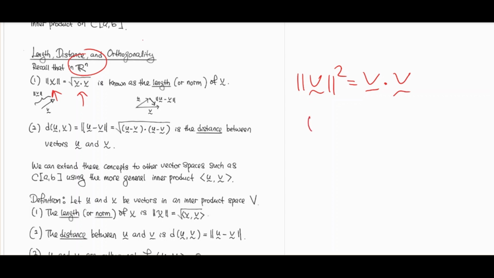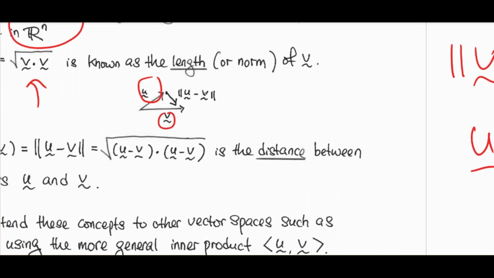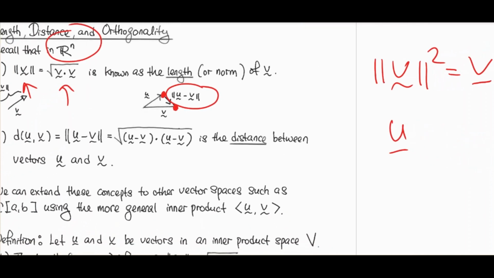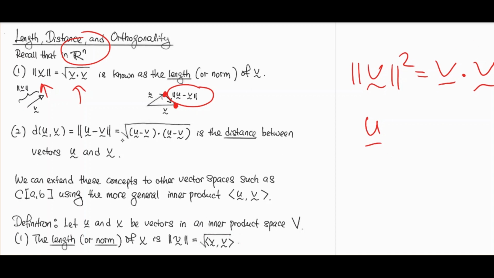So distance between 2 vectors, right? You have u, you have v. So let's look at this picture. You have vector u, you have vector v. This is vector u minus v. So the distance between these 2 vectors is actually given by the magnitude of the difference of these 2 vectors, u minus v. And we talked about this before. Again, distance is the magnitude of this vector, which is the square root of the dot product of these 2 vectors. This is the distance